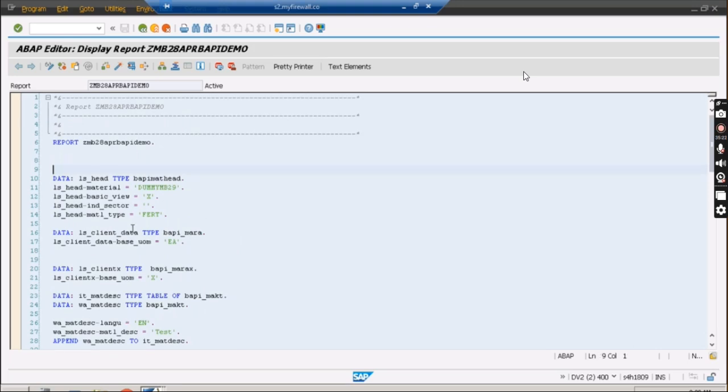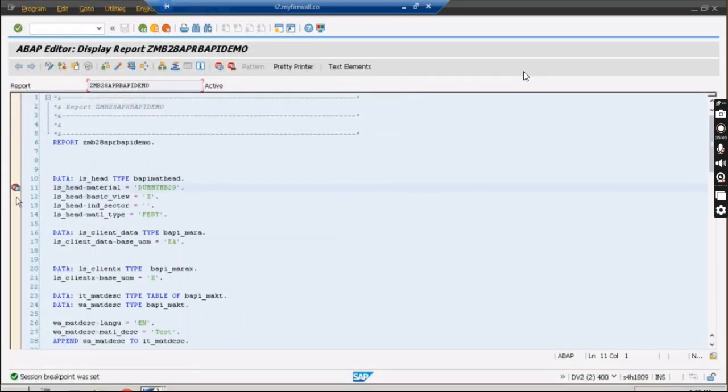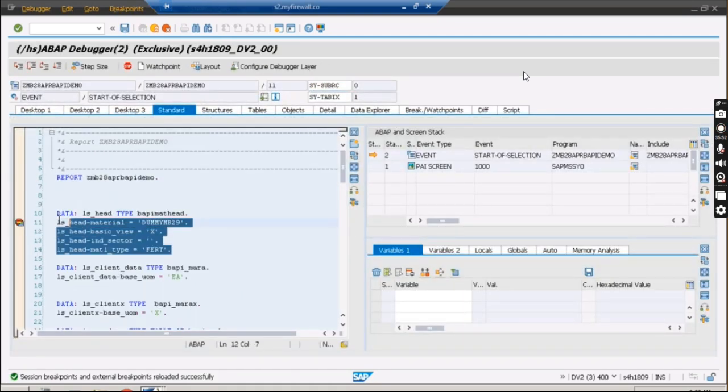So how can you activate the debugger? Either you can activate the debugger by putting /h over here and pressing enter, or you can put a breakpoint in the initial line, in the beginning of the program, and press F8 so that your debugger will be triggered.